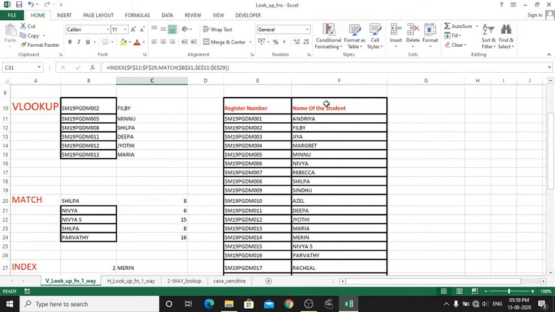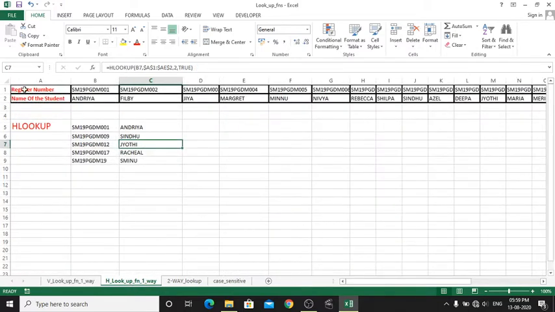If the table is column wise, then it is known as a vertical structured table. If the given data set is row wise, then this can be termed as a horizontal data container or a horizontal data table.